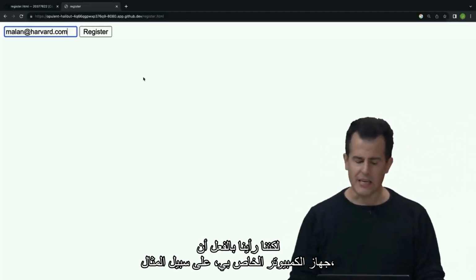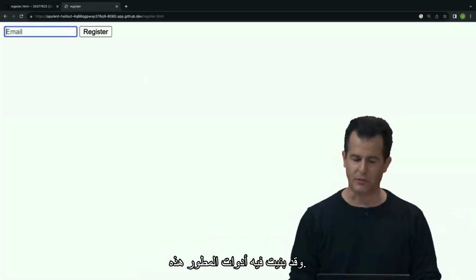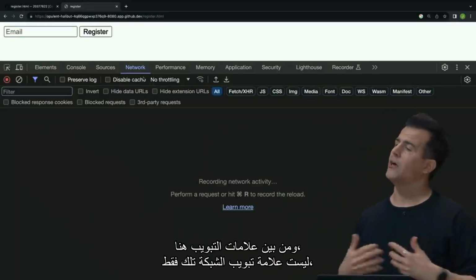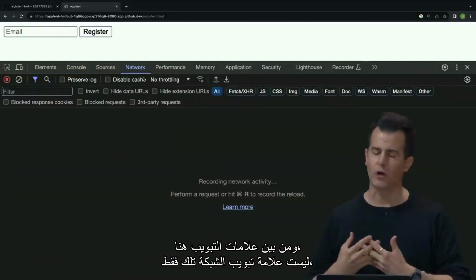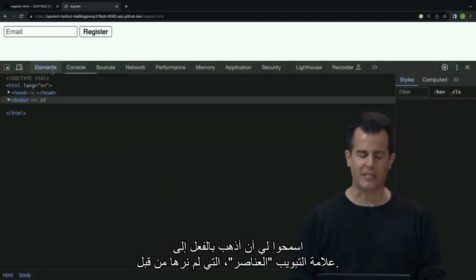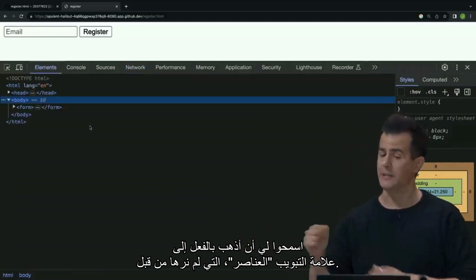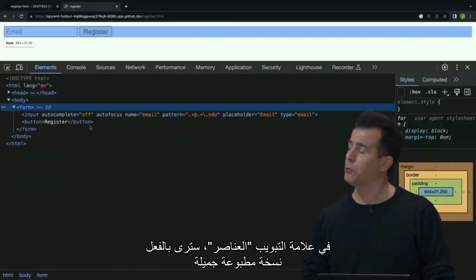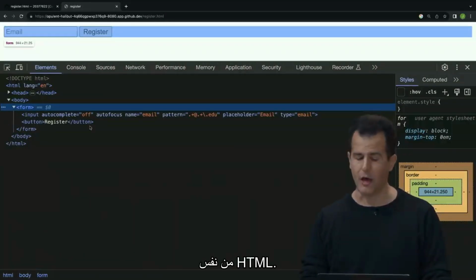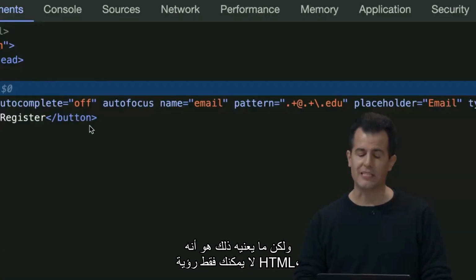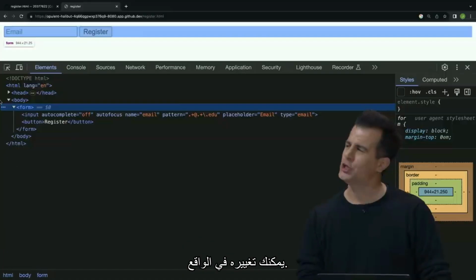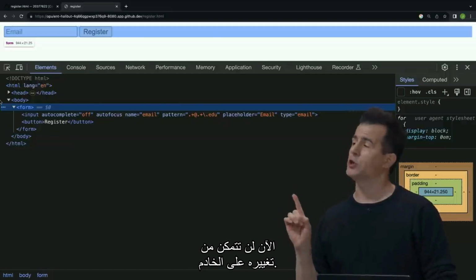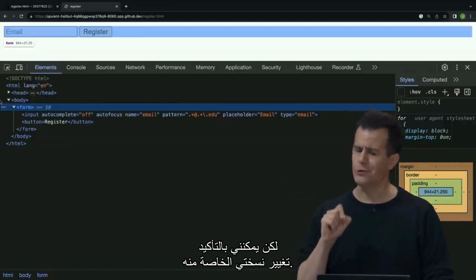But we've already seen that my computer, for instance, has built into it these developer tools. And among the tabs here are not just that Network tab. Let me go to the Elements tab, which we haven't seen previously. In the Elements tab, you will see a pretty-printed version of the same HTML. But what that means is that you can not only see the HTML, you can actually change it. Now, you're not going to be able to change it on the server, but I can absolutely change my own